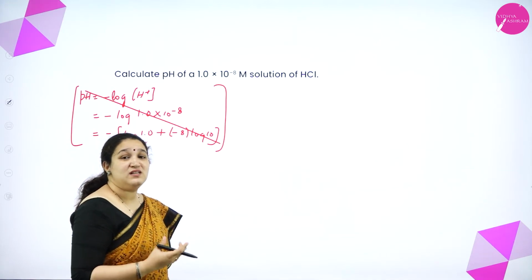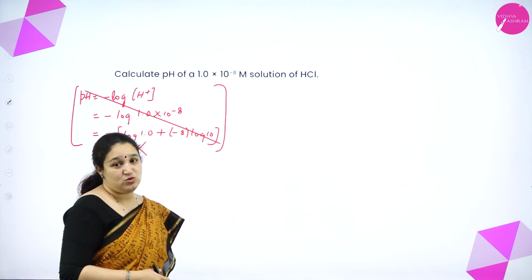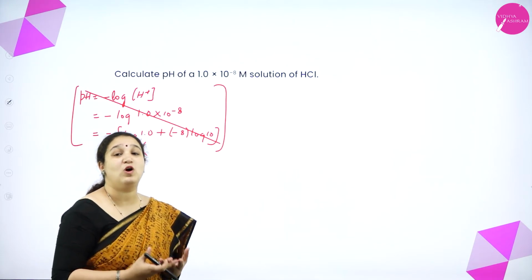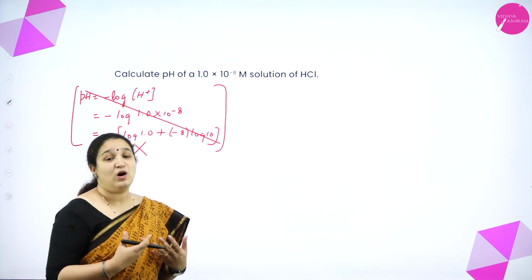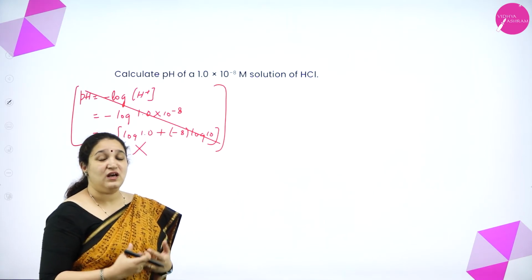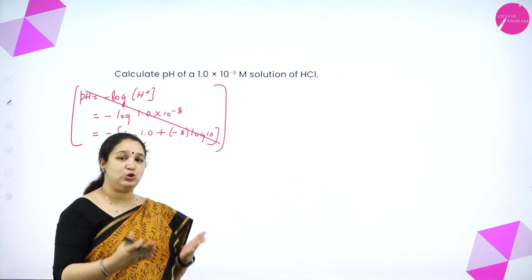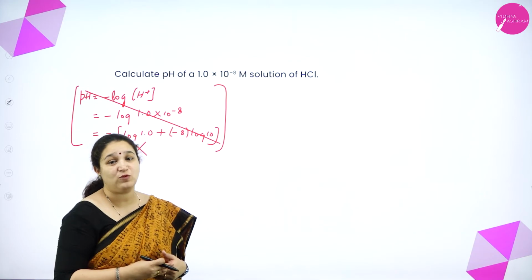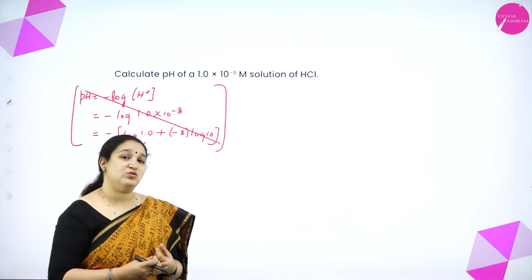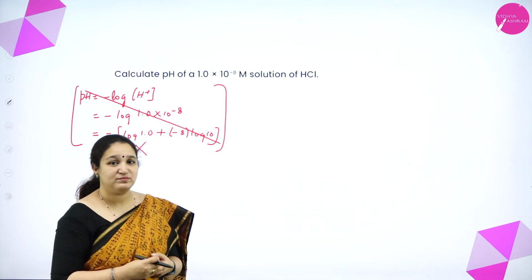That means it is a very dilute acid. So you have to add up the H plus ion concentration from water also. So how do I get the H plus ion concentration from water? We know that the ionic product of water, that is the molar concentration of H plus into OH minus, is 10 to the power minus 14, isn't it? That means, what is the molar concentration of only H plus ion? It should be 10 power minus 7, correct?